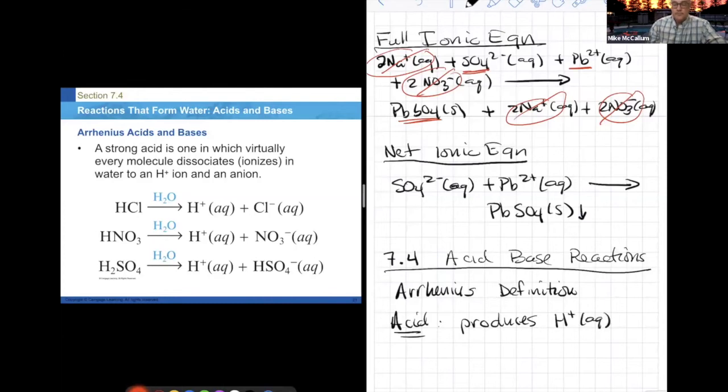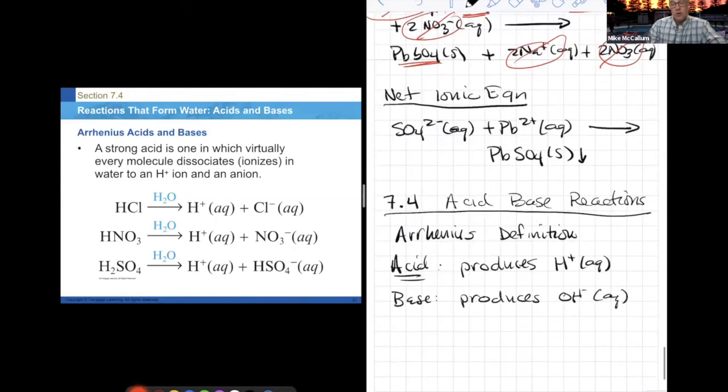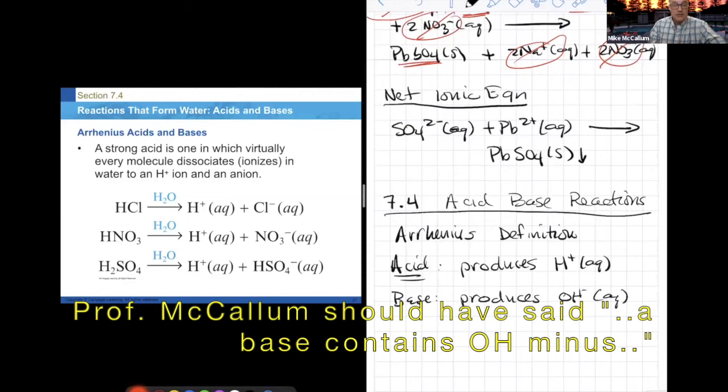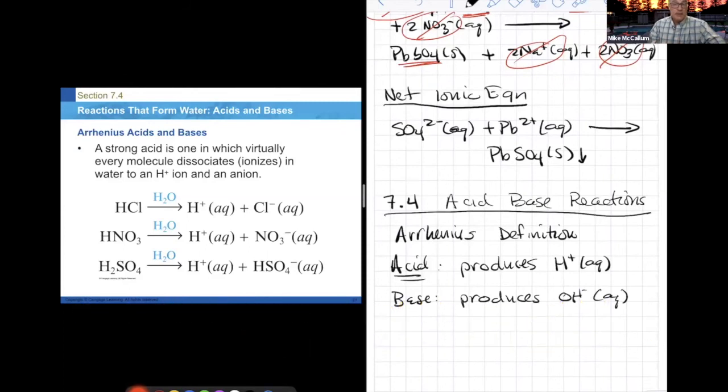Right? A base produces aqueous hydroxide ions in water. This is actually a more general definition than it sounds, because you notice it doesn't say that an acid contains H plus or a base contains H plus. It says the net result of the reaction of this stuff when you put it in water is either protons